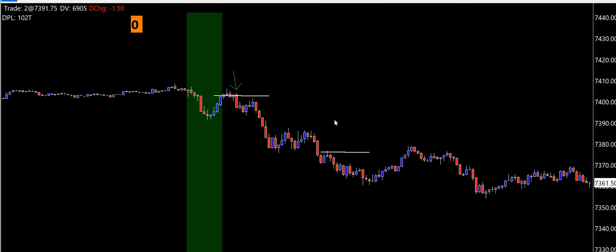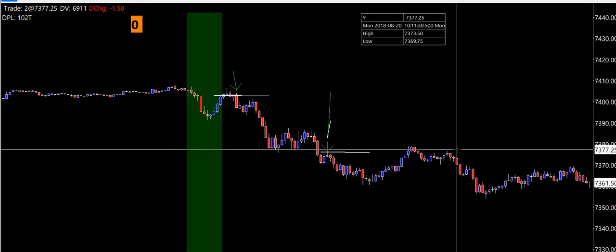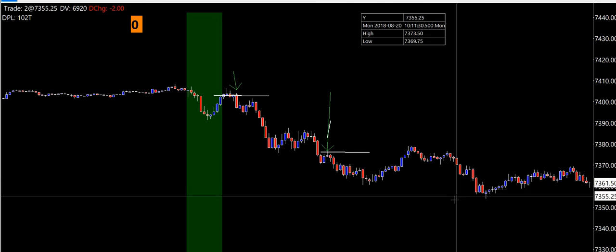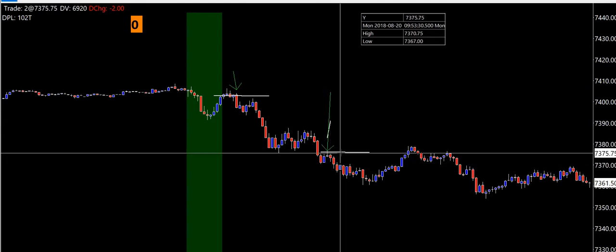So I did it from the top. Almost got kicked out of the trade. Went against me 12, and then got down and got 10. And we kind of went sideways here, or I forgot where I traded here. No, I didn't take that trade. And right over here is where I took my last trade.